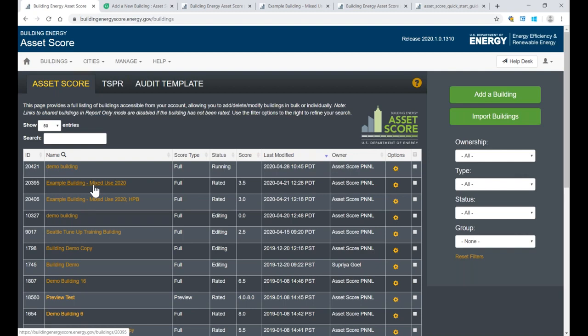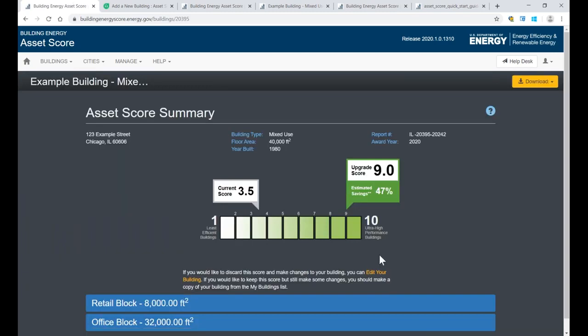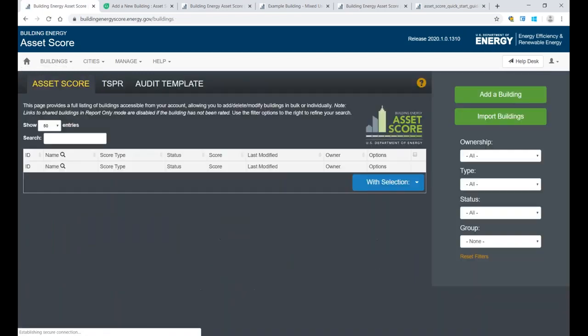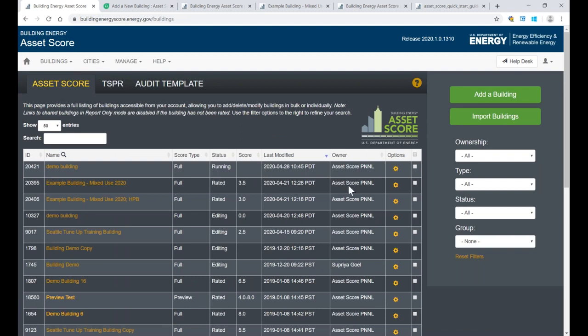You can open up the building and take it out of scoring mode to edit mode by selecting edit your building, and then you can rescore your building, or you can just leave it as is, and you can make a copy of your building by selecting this little gear icon underneath the options column and select duplicate building,